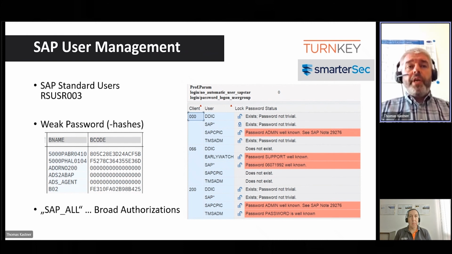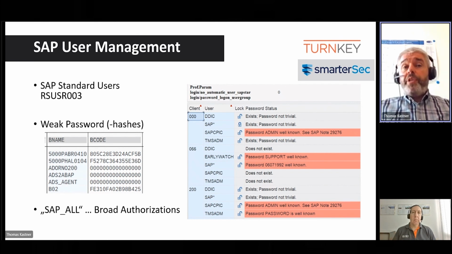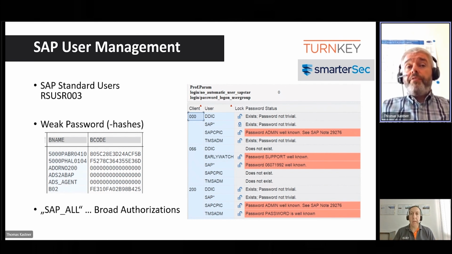Just for the investigation of an incident, the firefighter should have SAP_ALL. Once the incident has been investigated, you should log off the firefighter and take away all the profiles of the firefighter again and start all over for the next incident. So that's the best practice approach, and you should not deviate from that.